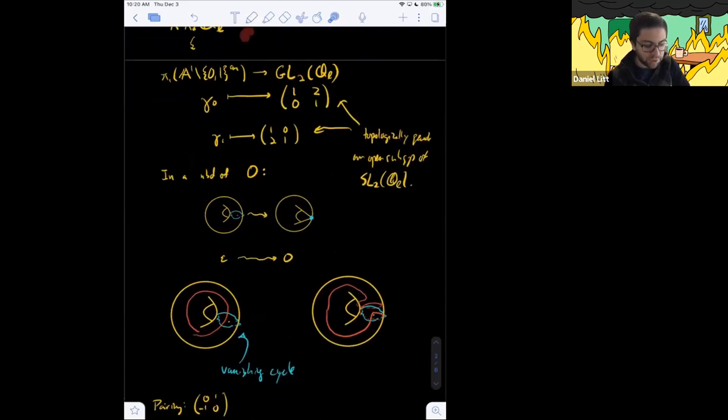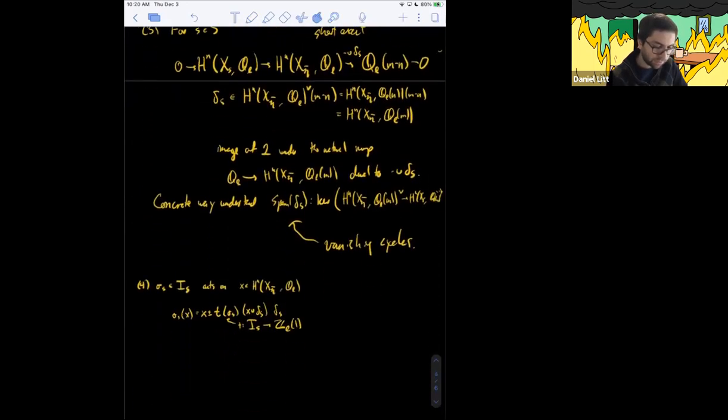So what are we saying? We're saying take a loop, look how it intersects the vanishing cycle. That's the cup product here. And then we add or subtract from our given loop the vanishing cycle times some number, which is determined by that intersection. All right. Are there any questions about that?